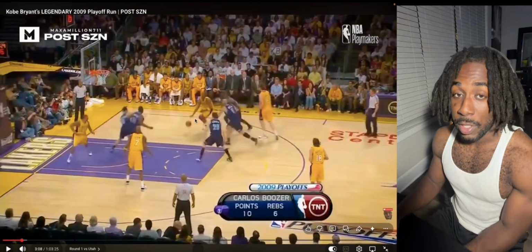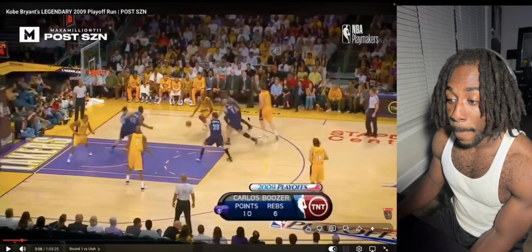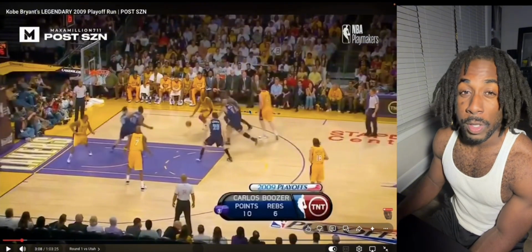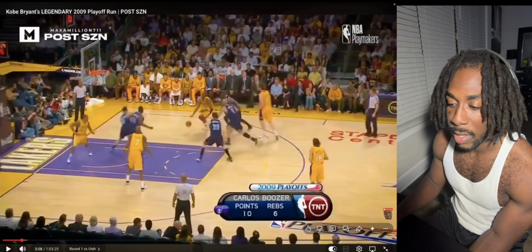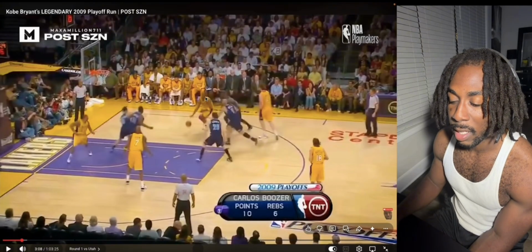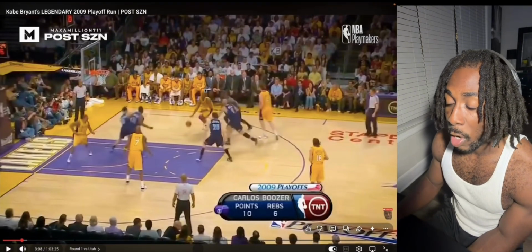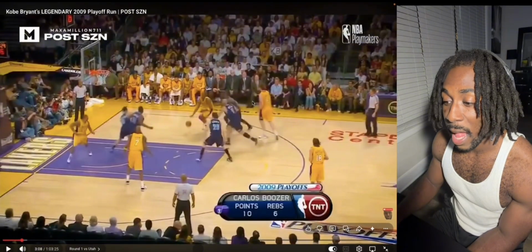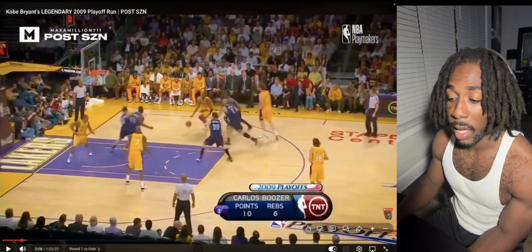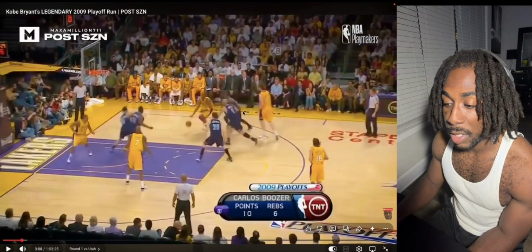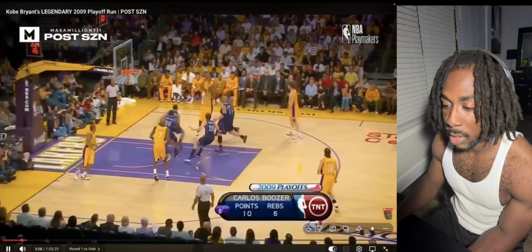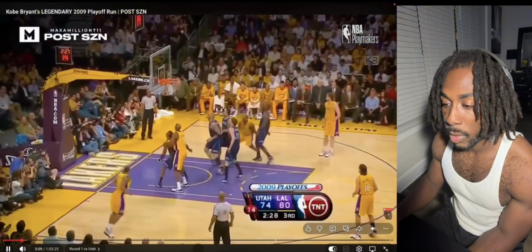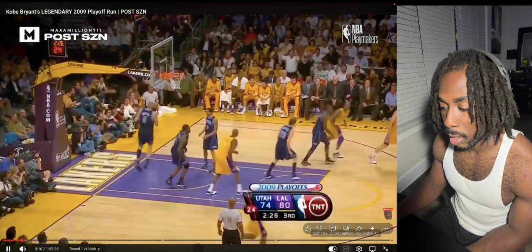So actually, by icing the screen, this led to almost like a rescreen. Even though it was flat, he didn't really make too much contact on that defender that is guarding Kobe. But it almost is like a rescreen because now he's behind Kobe. And since Boozer was not in the right position, Kobe has a straight line drive, and as Kobe is driving, he sees two guys closing out, which leads to him just rising over both of them using the glass. Easy money.